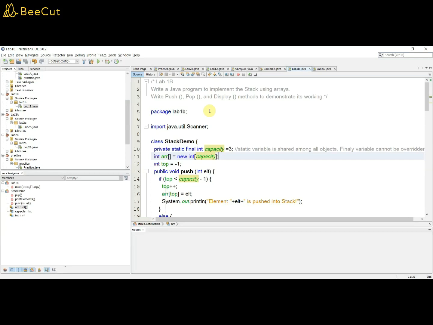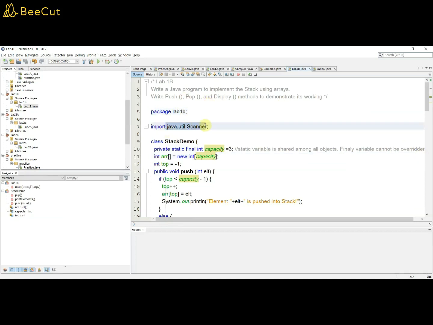One class called StackDemo is used for all the stack operations, where we initialize the capacity of the stack, initialize the top index variable, and write all the methods. And another class, the main class, is where we actually invoke these methods. Everything is within a package, so it is package lab1B.